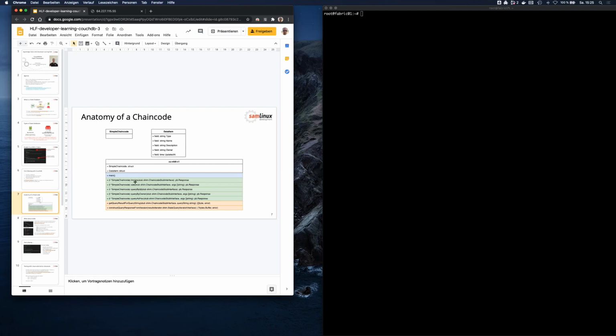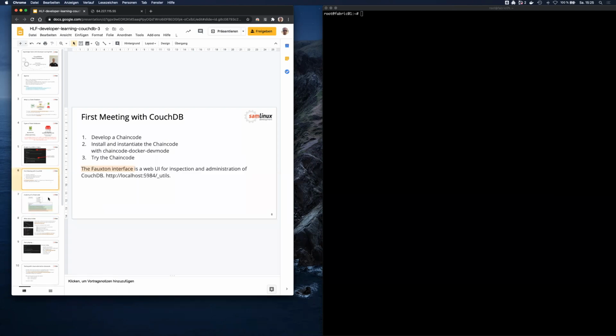We need the main function. That's the starting point for all Go applications. Then we need the invoke function. This is the starting point for the chain code. That's something like a controller. In this invoke function, we will pass the function name which we are going to use, and the arguments which we are going to use, and then